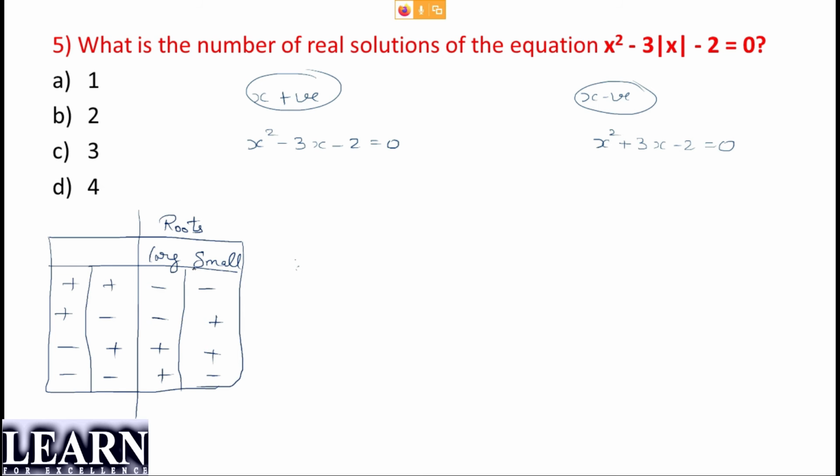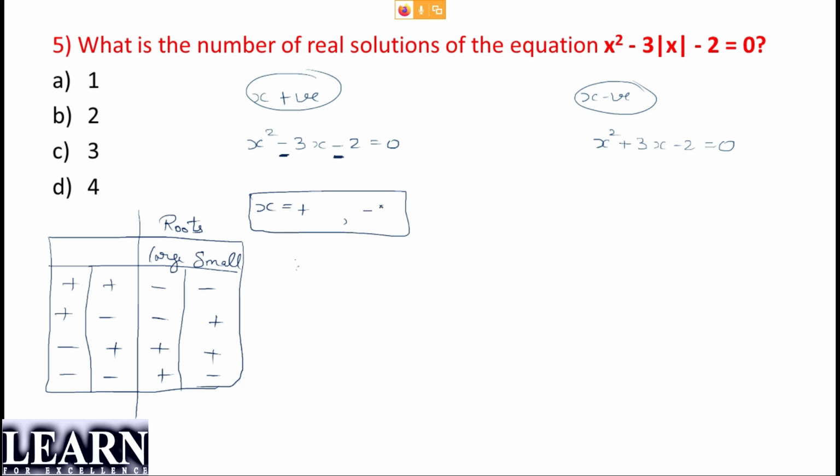Now for this kind of question, we are not focusing on the larger or the smaller roots. They're not asking whether which is larger or which is smaller. They're not actually asking what is the value here. They're asking what are the possible values here, right? So look here, when it is negative and negative, we have to get roots here. So what are the possible roots, guys, when it is negative and negative? It is positive and negative. One root will be positive and other root will be negative.